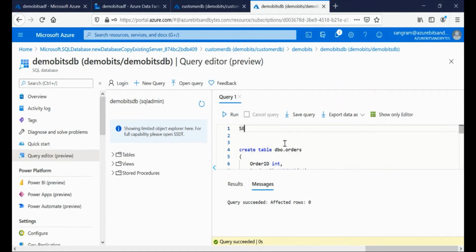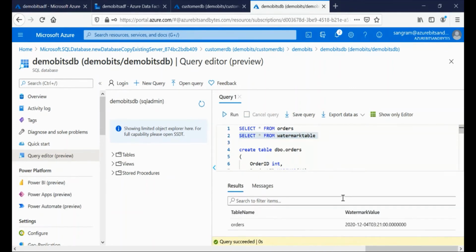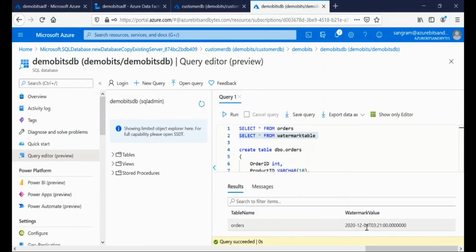So let me type in select star from orders and let's see the results. So I'm able to see all the 4 records which were there in the source. Let's observe the watermark table as well. So earlier it was 1900, now it would be 2020-12-04, which is correct.